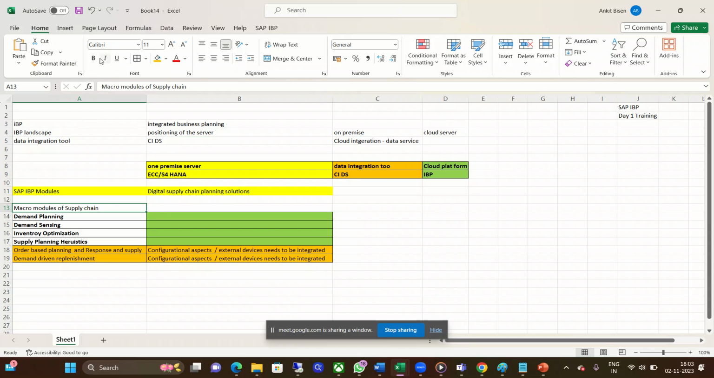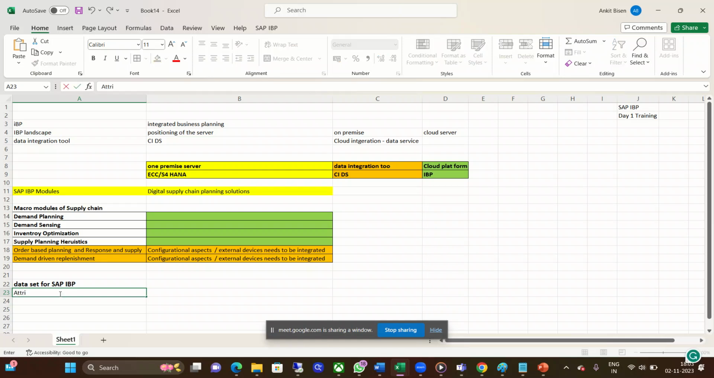So now, what are the data sets? Data sets for SAP IBP. What are the data sets we require for this particular thing? Okay, first of all, from the source system, which data is coming towards us? That is master data,